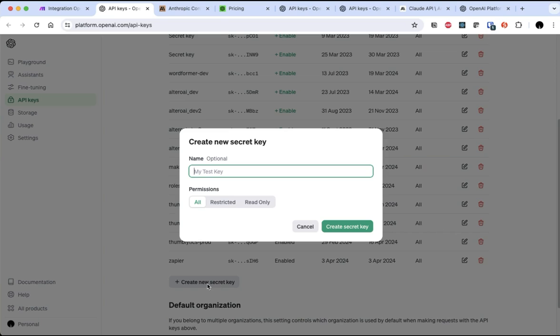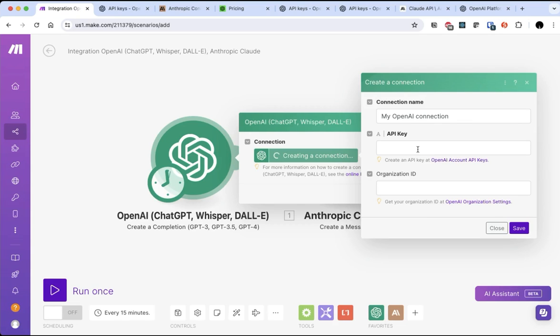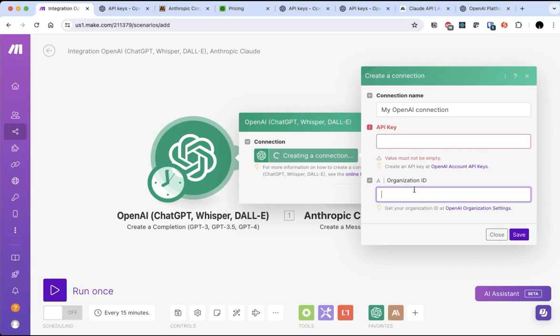It's very easy to create a new API key. Press the create new secret key button, give it a name, maybe like make.com key, press create secret key, and it'll create a key for you. I'm not going to create another one just because I have so many already. Once you create the secret key, it'll show you your secret key. It'll only show you it once. So make sure you copy it and then go straight back into make.com and put it into the API key section. There's also an organization ID input here, which is an OpenAI functionality,